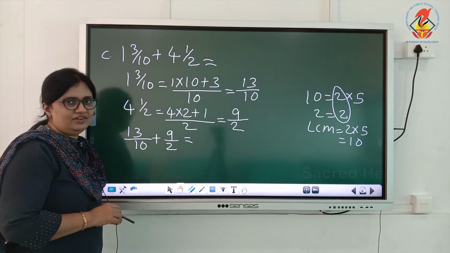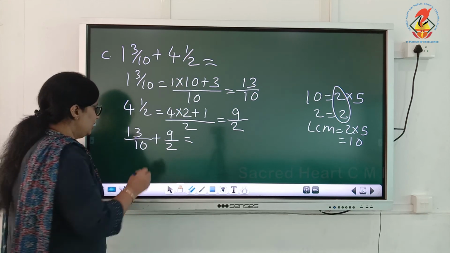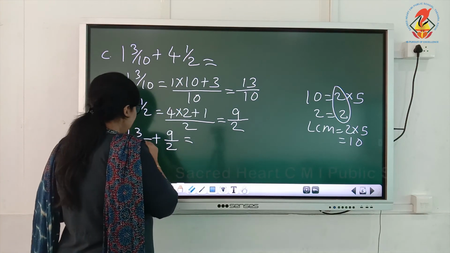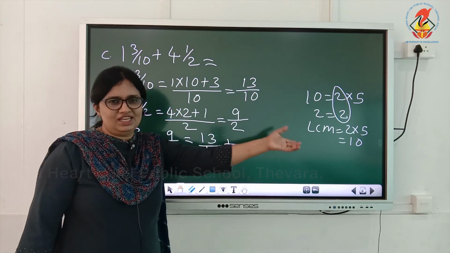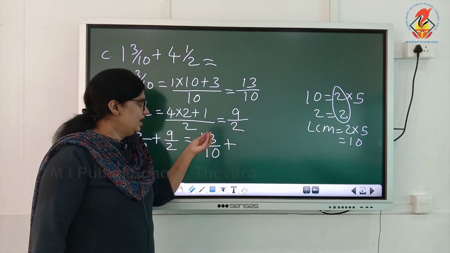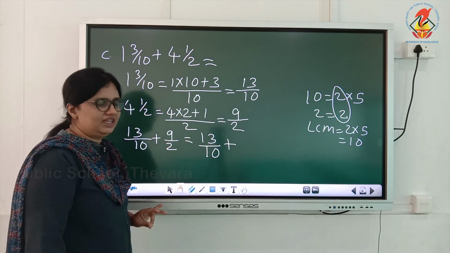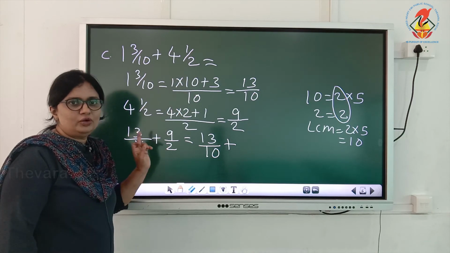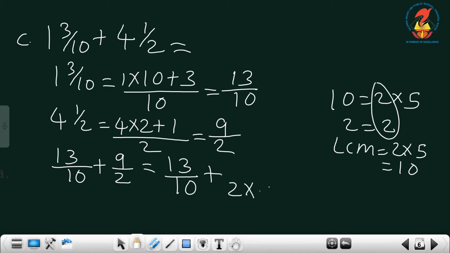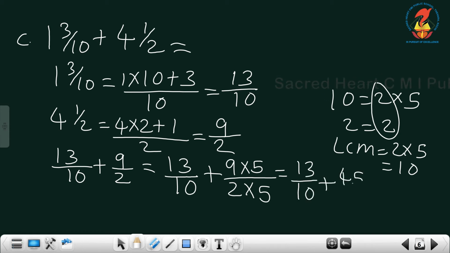Addition of fractions, I have given in the last video, right? Okay. And how can we do that? Here 13 by 10, that denominator itself, you know what's the reason? 10 and LCM both are the same only, no need to change. 10 into 1 and 13 into 1, the same fraction only you will get. Then the change will come to this side. 9 by 2, 2 into which number equals LCM? 2 into 5 equals LCM. So 9 into 5. So 13 by 10 plus 45 by 10.